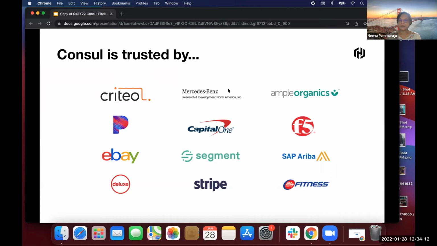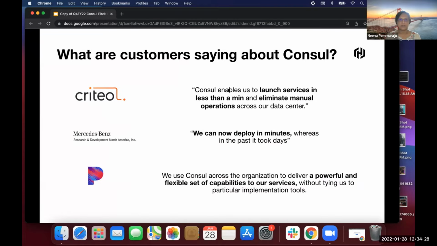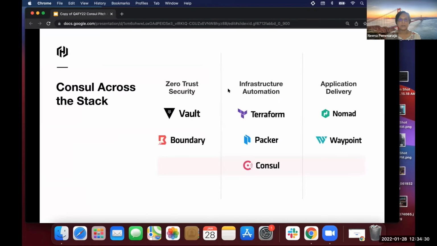These are companies that are big in transaction processing. So if you name it, financial services companies are essentially using Consul for one or multiple of its capabilities in their infrastructure. I'm going to skip over that, but you have it available.